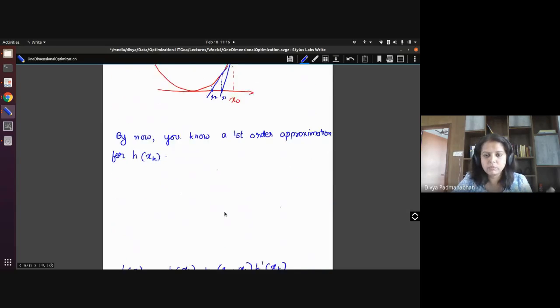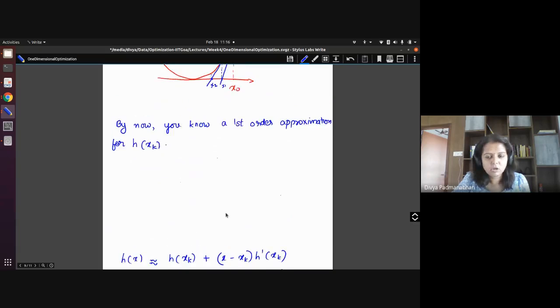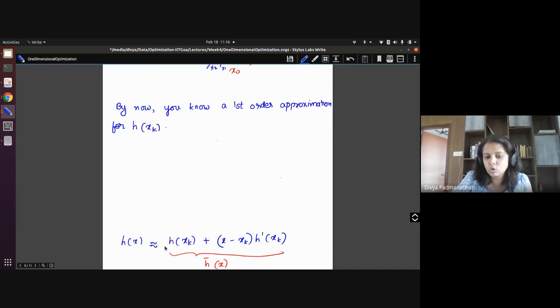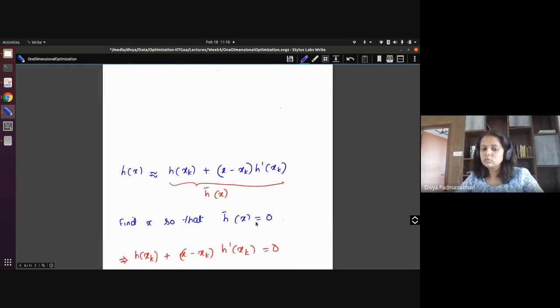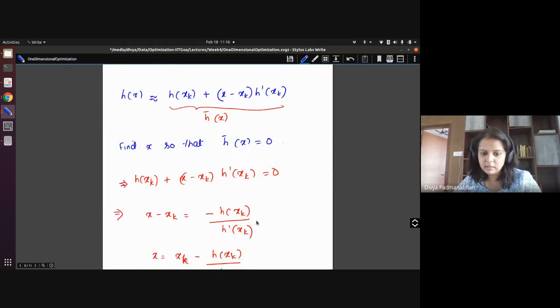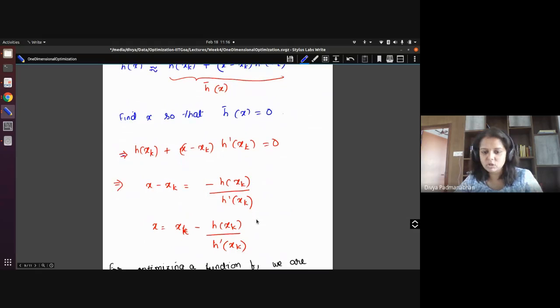So the idea is similar in the case of optimization also. The difference is, here you were going with the first order approximation, a linear form in x, whereas when you want to optimize, instead of the function you have the gradient f dash of x. So that's when you will have the second derivative of f also. So in the case of optimization, you're looking at a quadratic approximation. I will just quickly brush through this because you've already seen this, I guess.